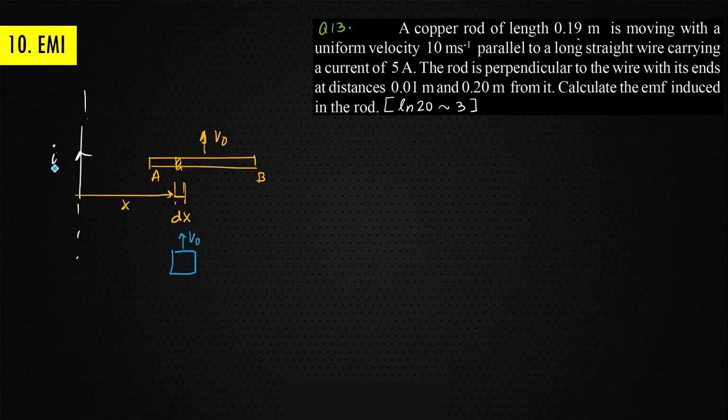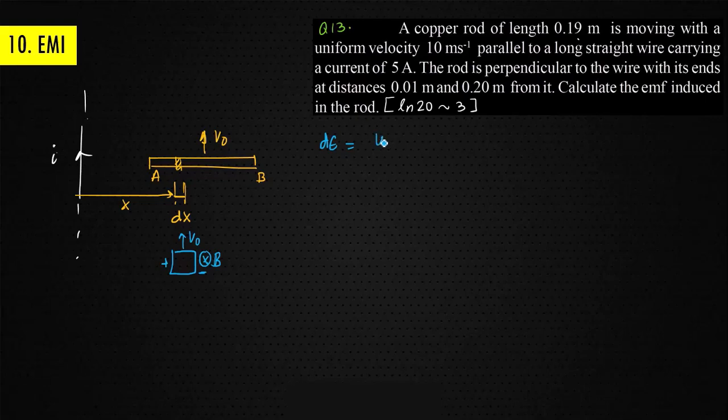And for this current carrying wire, the magnetic field at this position is a cross magnetic field. So if the conductor is moving in the upward direction, v cross B, that means this side is the positive potential and this side is the negative potential. The small induced EMF that has been generated, dε, can be written as